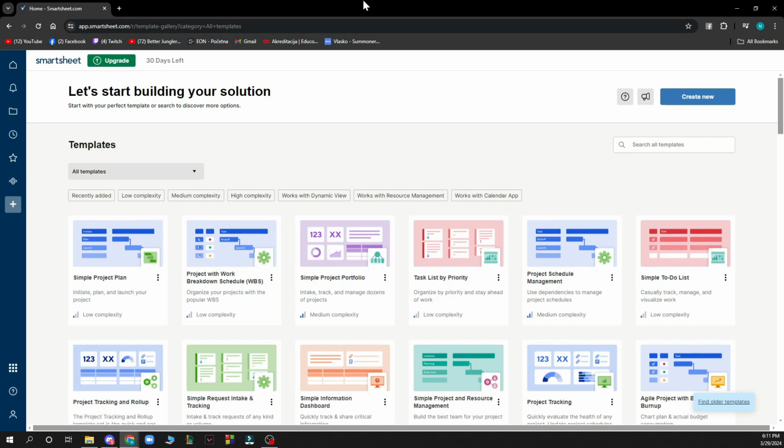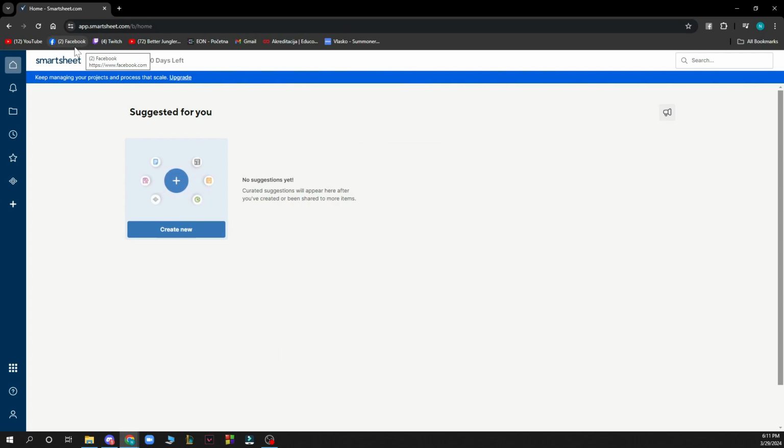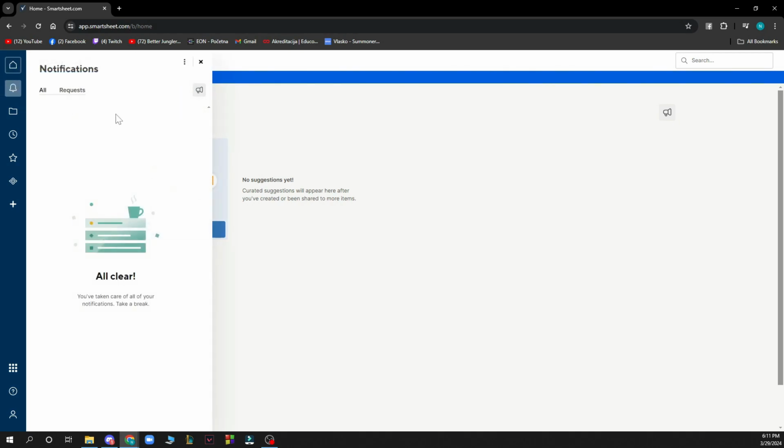Now guys, that we got that out of the way, let's see what we actually have in front of us here. So as you can see here, we have the Smartsheet website where we can go and start from the home screen. So here we have some things that are suggested for us. So we can go and create a new Smartsheet here. Here we have our notifications, which I at the moment don't have any, but be sure when you have some,